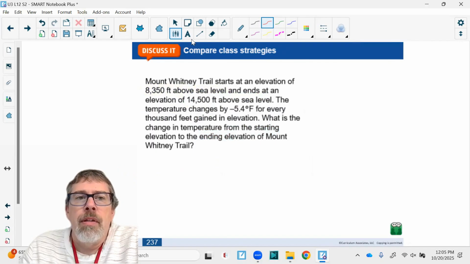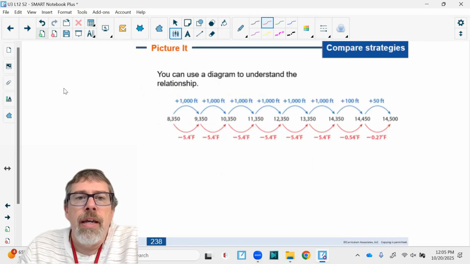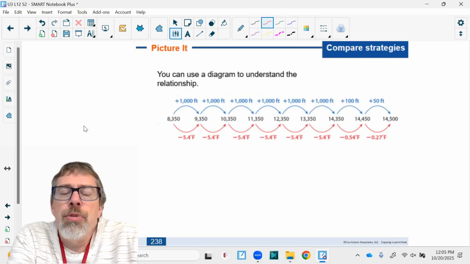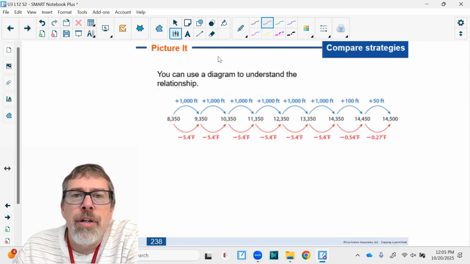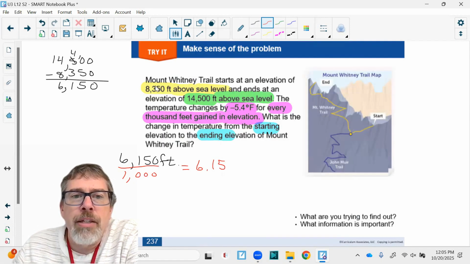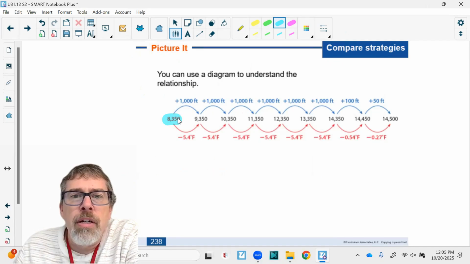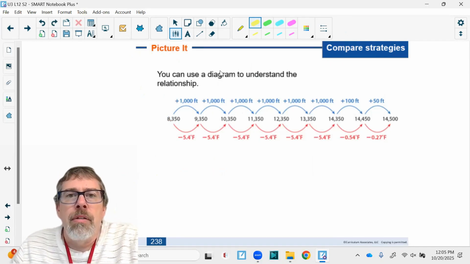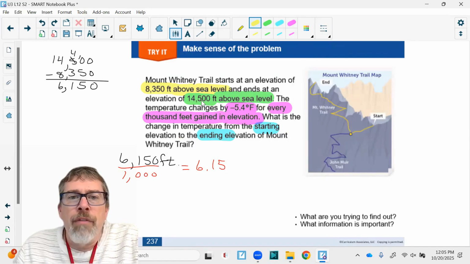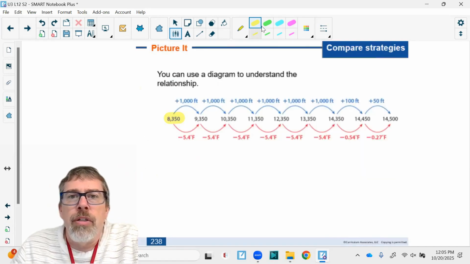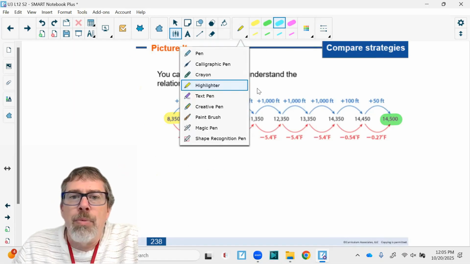Okay, let's skip this and onto this. You can use a diagram to understand the relationship. So we started at 8,350 feet, and let me just go back, and that's right here. Let me highlight it with the same colors. So there's our starting point. Whoops, thought I clicked here. There's our starting point. And we ended up at 14,500. So if I go here, that is right here. So what happened? Well,